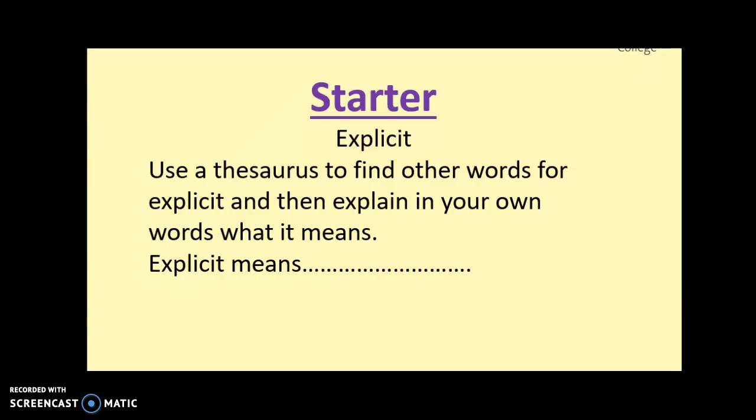Starter. Explicit. What does the word explicit mean? Use your thesaurus to find other words that mean the same thing, and then explain the word explicit in your own words. Explicit means